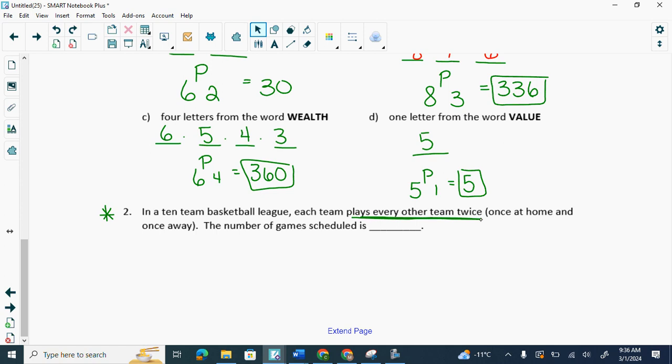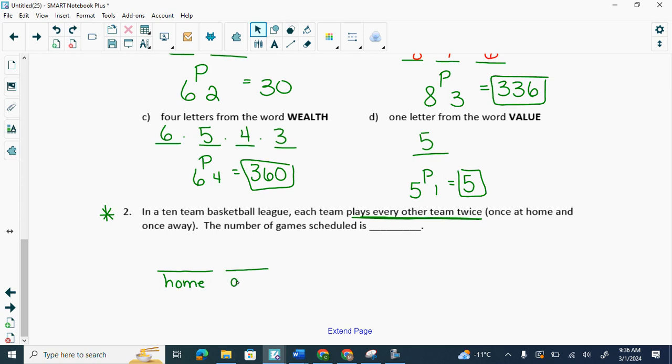Once at home, once away. Okay? So if they play each other twice, we can actually use home and away blanks. If they play each other anything more than twice, we are going to have to use combinations, which we'll do later. Okay? But if they're playing a home and an away,